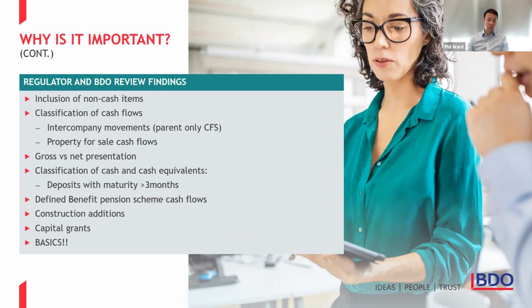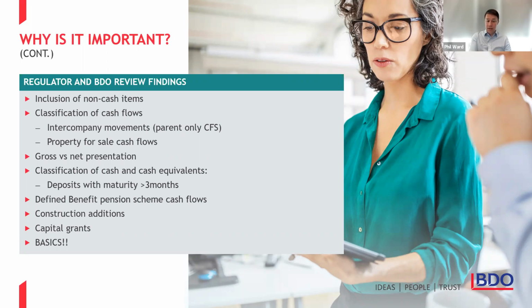Other findings were issues around cash flows being presented net when they should have been presented gross. So for example, where you've got a refinancing transaction involving separate repayment and drawdown of a loan. We've seen instances where that's presented as a single line item, netted off, to not really show any cash flow, when the reality is there's been two significant cash flows taking place. We'll touch on gross versus net presentation later on.